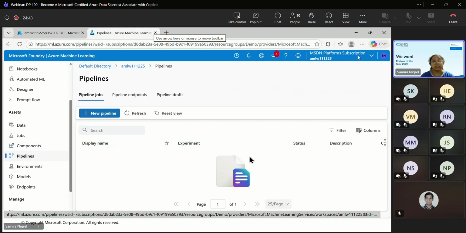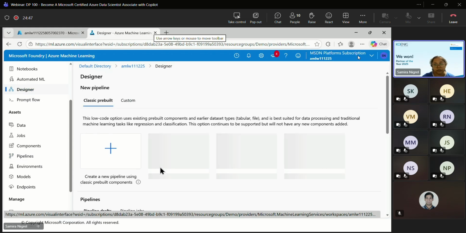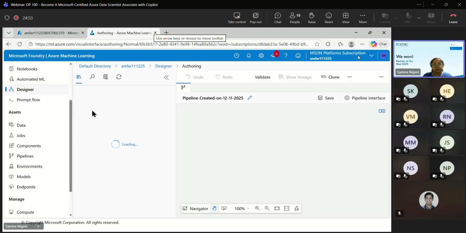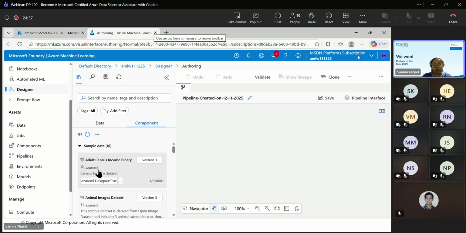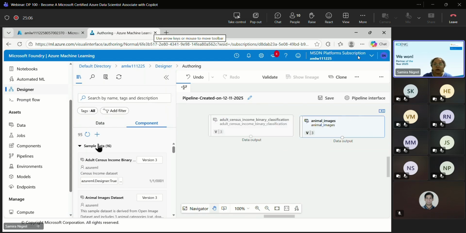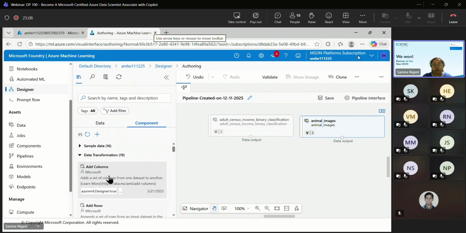The pipeline is where you're going to attach these components. So component attachment will be done in the designer. Let me just show you either custom components or the class of pre-built ones. So let's say I'm using this particular data and I have another data. Hypothetically, we'll assume. Now I want to create a merged data out of this.